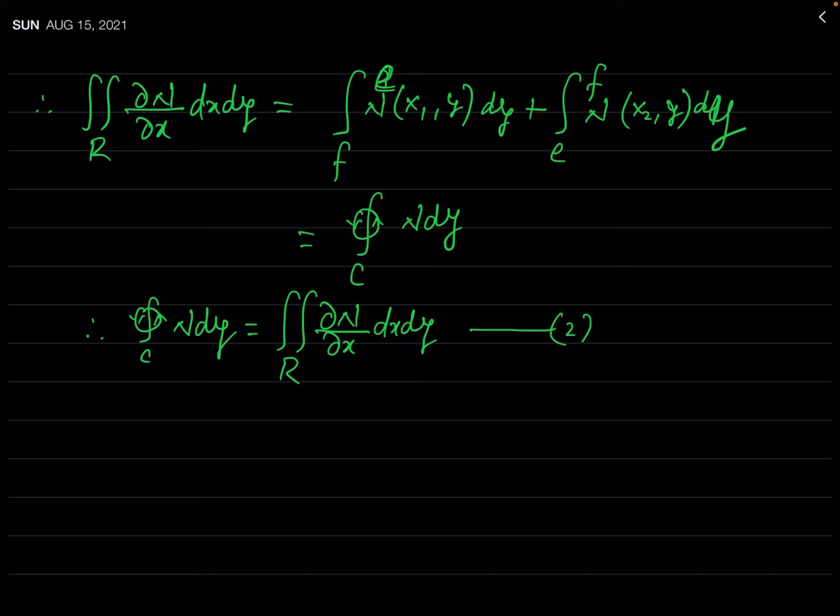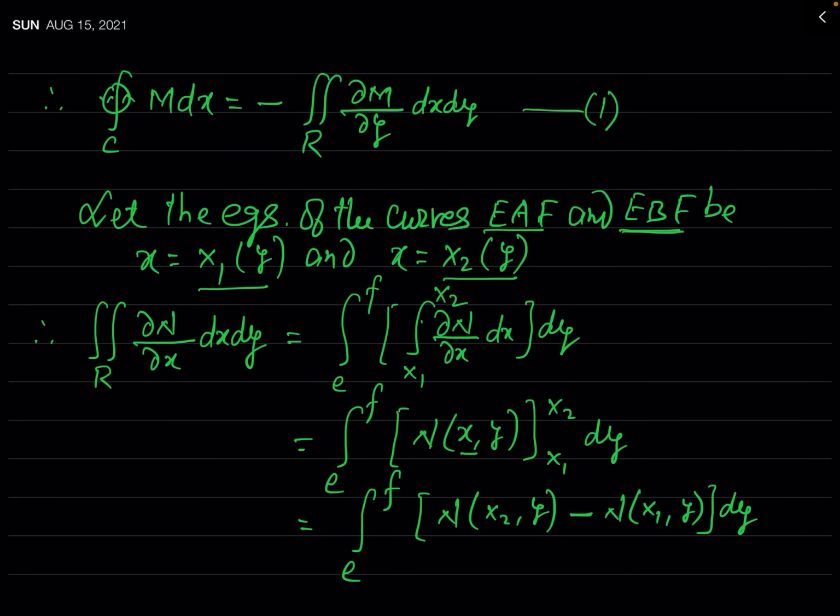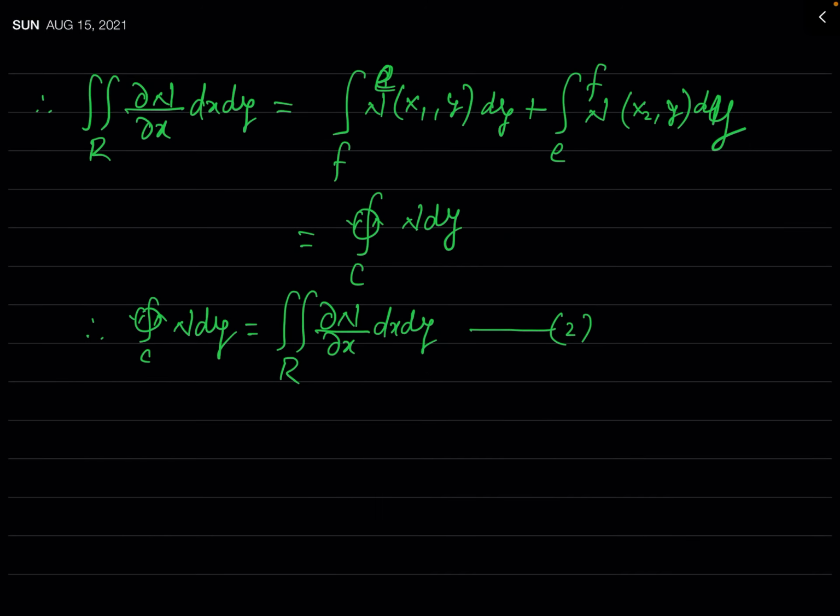Now we have already evaluated the integral of n dy along closed curve C and integral of m dx in this equation 1 along the closed curve C. So now you will simply add these two equations and you will see that our Green's theorem will be obtained. So adding 1 and 2, we get,